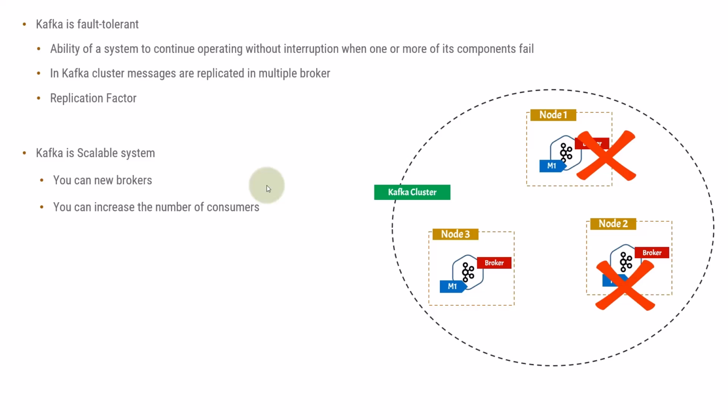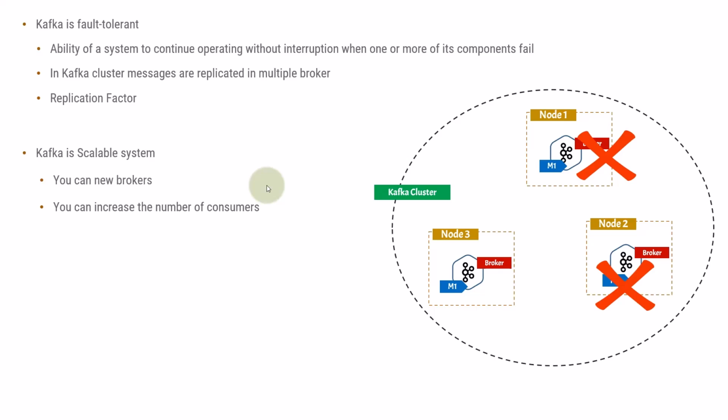Based on these features, there are so many other features, but I'm not going to discuss everything. I have discussed all the important ones: what is Kafka and why Kafka is needed. Now let's say your system is generating a billion messages per second. In that case, what can happen? You can have multiple Kafka brokers and you can publish the messages frequently to that messaging system. And then you can have a large number of consumers which can consume, and those consumers can have the business logic code which you can run on those messages, and you can have a desired output.